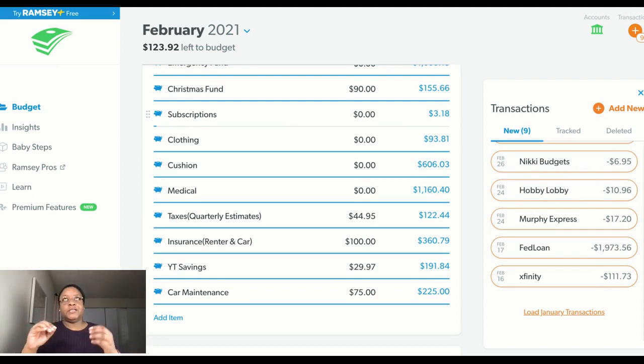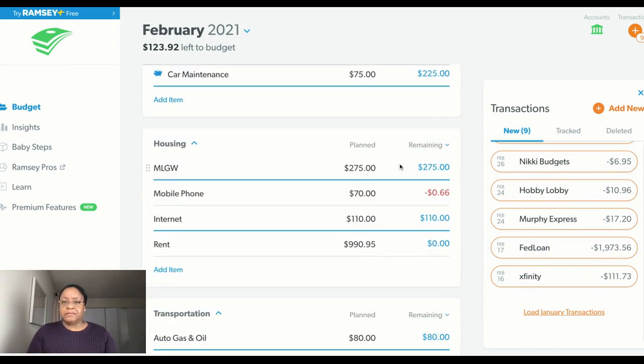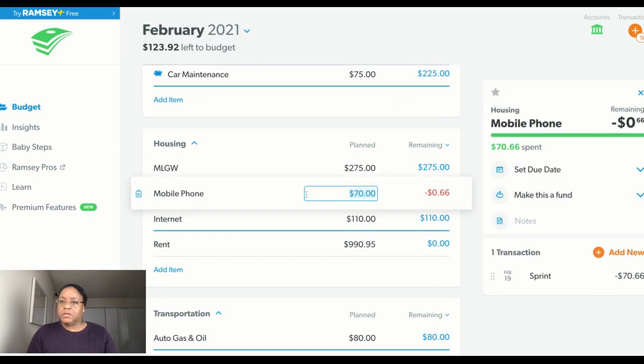So I'm not doing the where I subtract it out, have the expense, and then add it in as income type stuff. I'm just going to drag and drop into the sinking fund itself. And I'm hoping that helps me keep that cleaner than before, because before it was always messy for me to do.